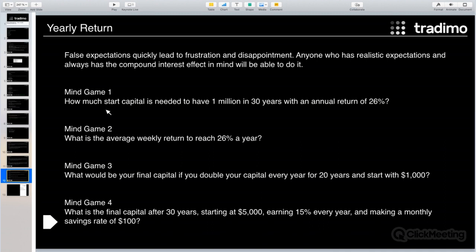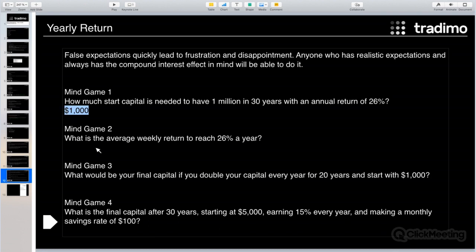Okay. No, the right answer is $1,000. You need to have $1,000 and you're making 26% per year, 30 years long, then you end up with 1 million. Yeah, without any additional savings rates or so. So if you start with $1,000 today, and maybe you are only 25 years old or so, then you have 30 years left to have 1 million in 30 years. Okay, yeah, then the next one.